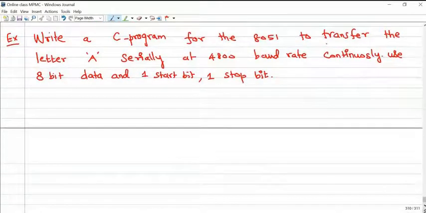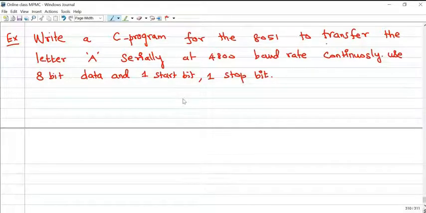Next, serial port programming in C. From the timer counters onwards, your laboratory experiment has 2 parts. Whatever the objective, we have to write the program using assembly language as well as C language. For your theory examination, C language is not required. Assembly language only is preferable. For practical, both assembly language as well as C language are needed.